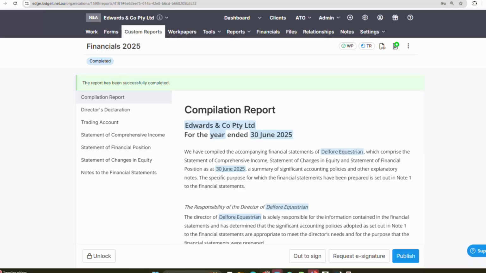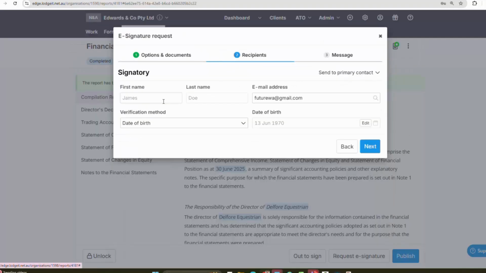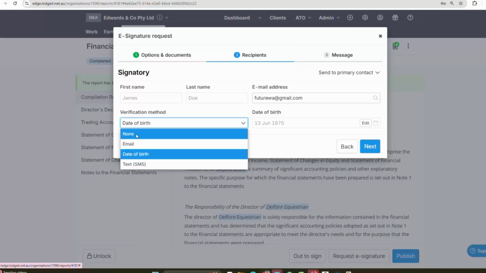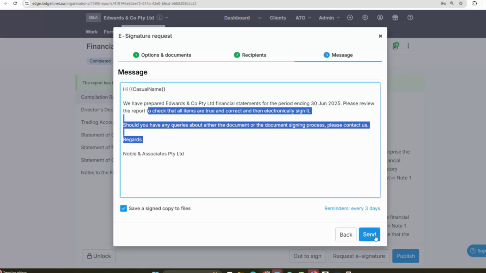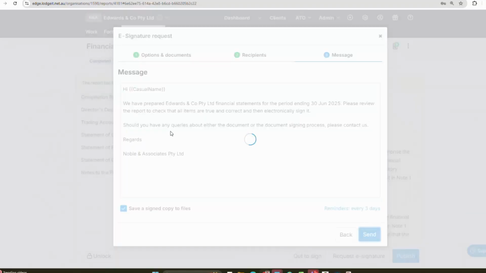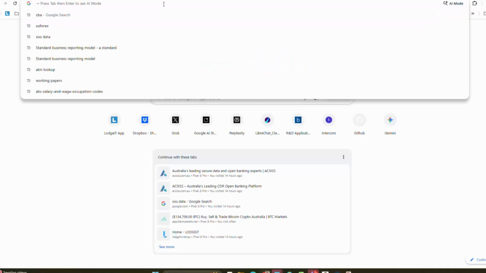And then what you can do is request your e-sign. Now, the way this is going to work is if you wanted to attach another document, you can. The recipient, we're going to send it to myself. And then next, it'll go out with the email, whatever email template, whatever you change in here will go out. Now that has now gone. And if we went to Gmail,